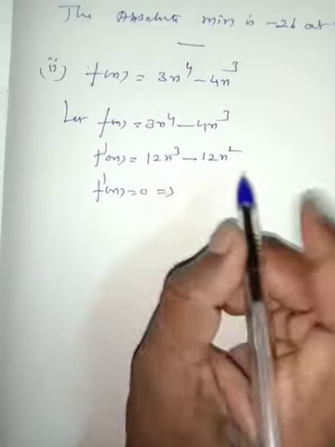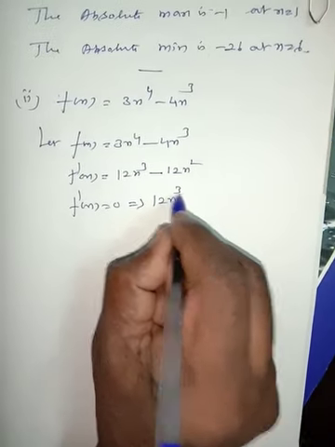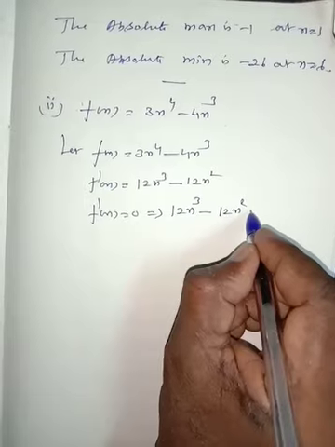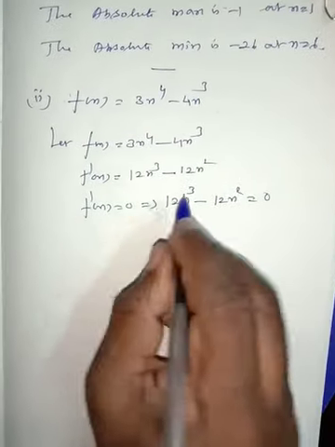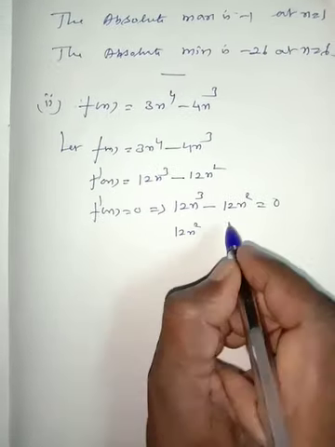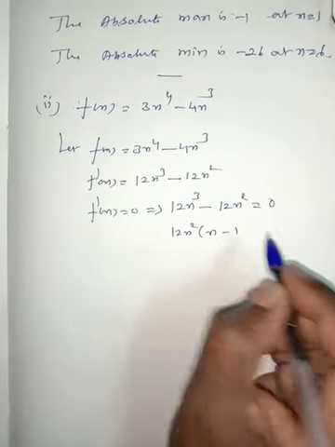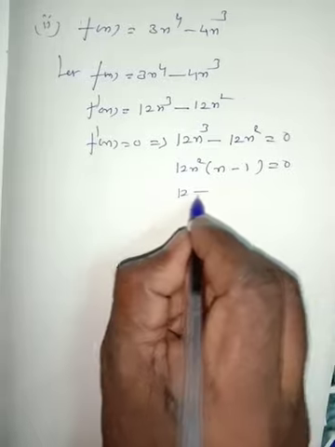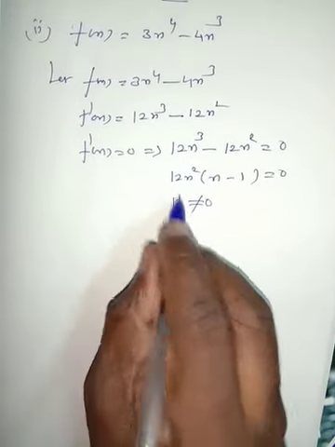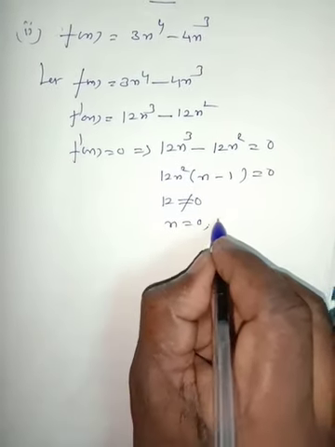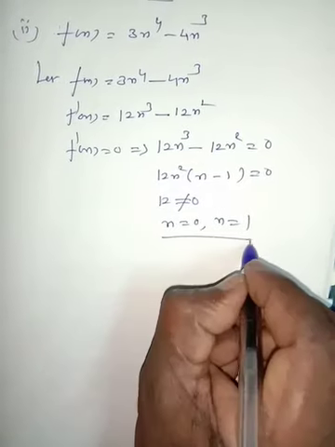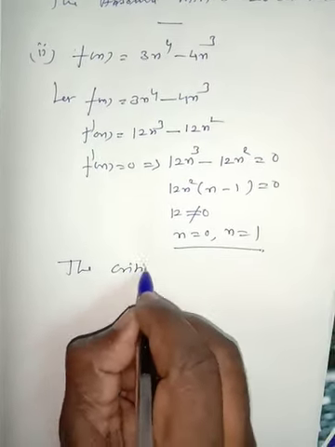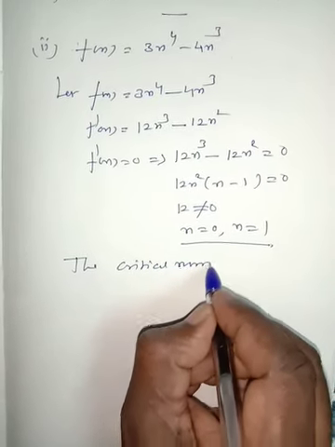implies 12x power 3 minus 12x square is equal to 0. Common 12x square, x minus 1 is equal to 0. Here 12 is not equal to 0, x is equal to 0, x is equal to 1. These are the critical numbers. The critical numbers are